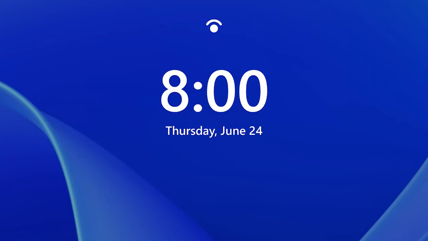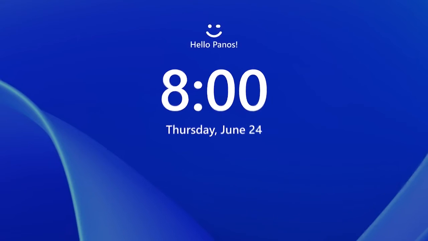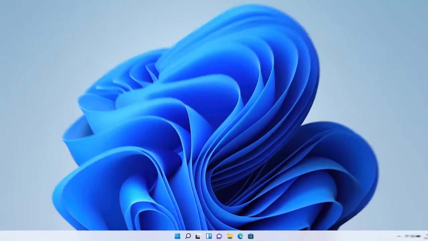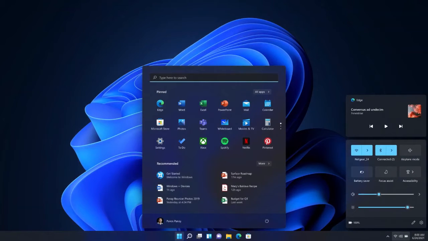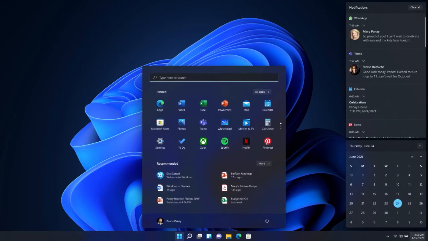Now, let's talk about how the event showed it to us. Okay, first of all, it seems like the lock screen is new. The clock will be centered and I'm not sure how notifications will be displayed, but we will see about that soon. Action center, calendar, volume, all now in Windows 10X style that heavily follows the Fluent design.